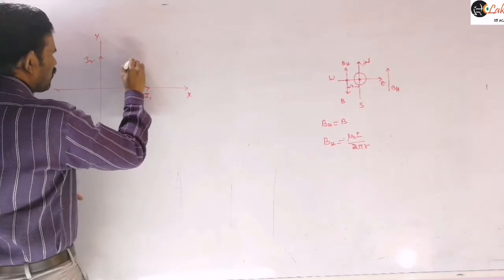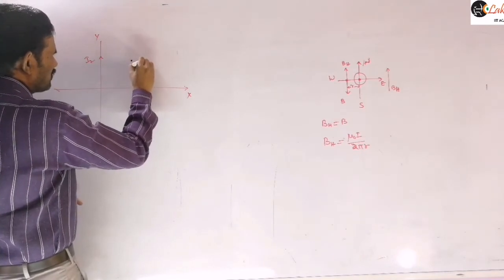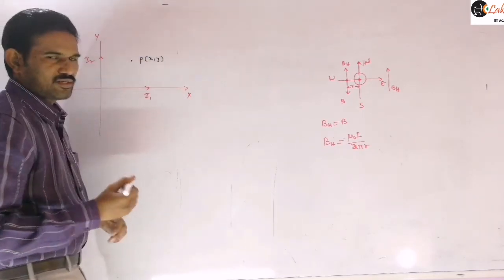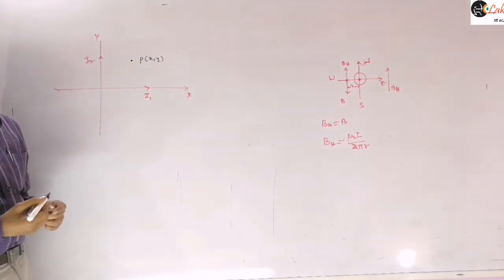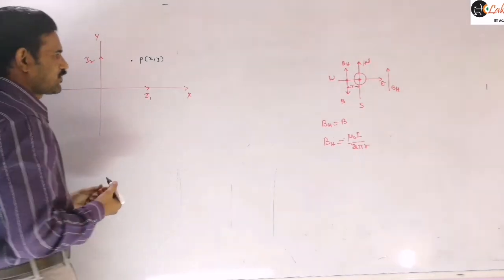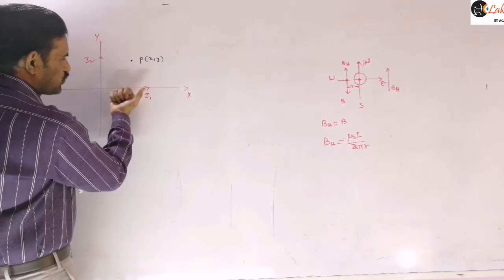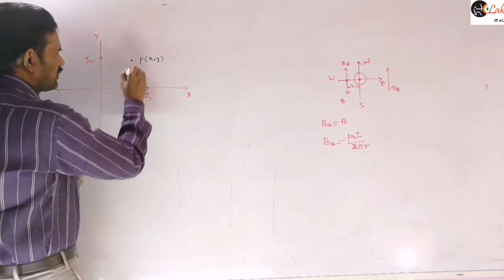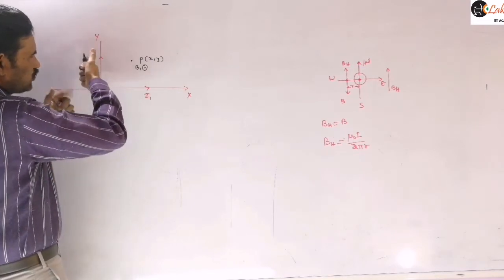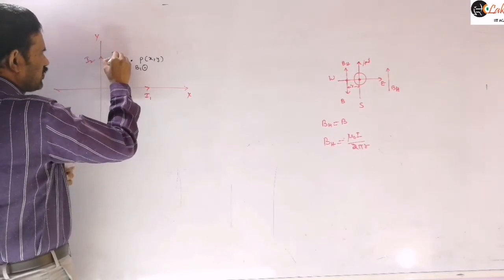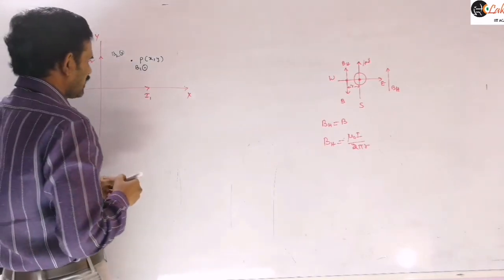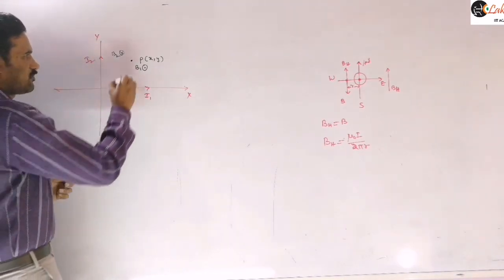Suppose I am taking a point here, like this point, as x comma y, right? And now let us write the magnetic field at that point. I am assuming the neutral point is forming there, because the fields are opposite each other. The field due to this one will be out of the plane. B1 at this point is out of the plane, and B2 due to this one will be into the plane, right? So there is a chance of getting the neutral point there.